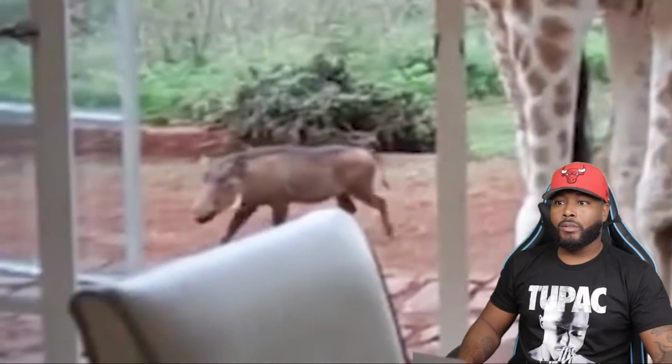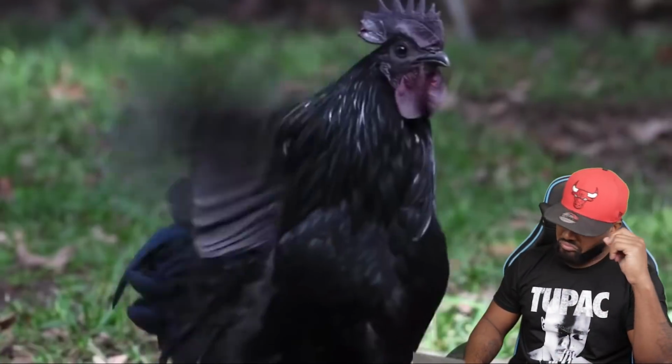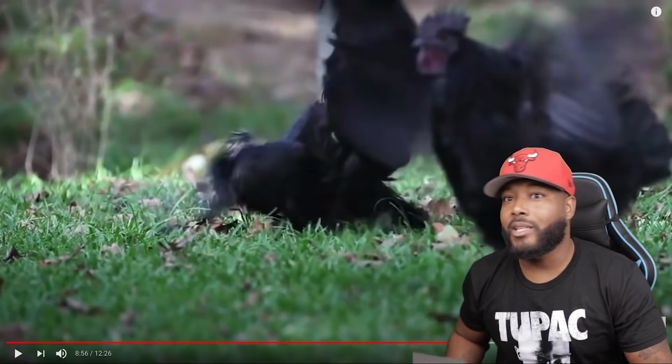I mean, who'd want to share a meal with another Pumbaa? Black hens have been artificially bred for centuries. They were first